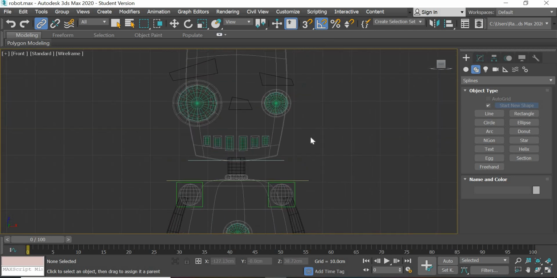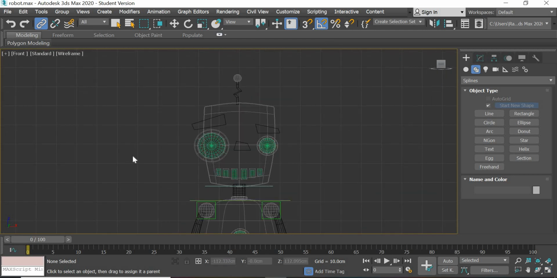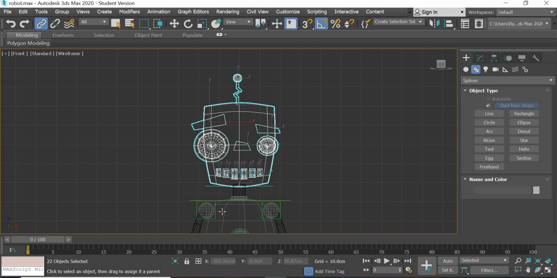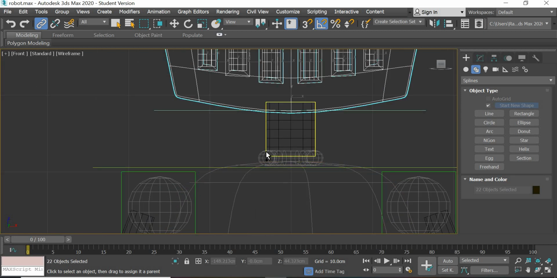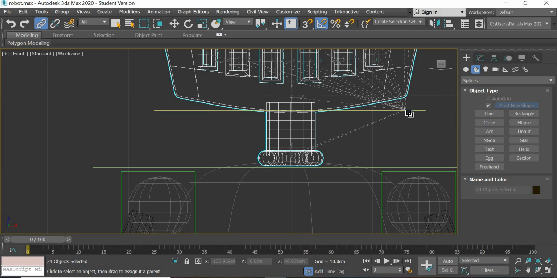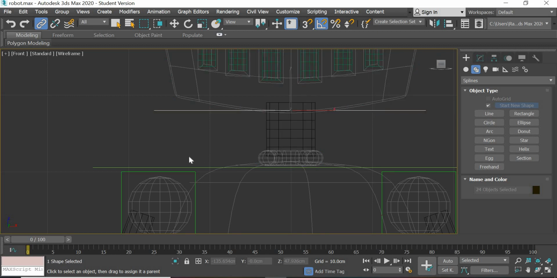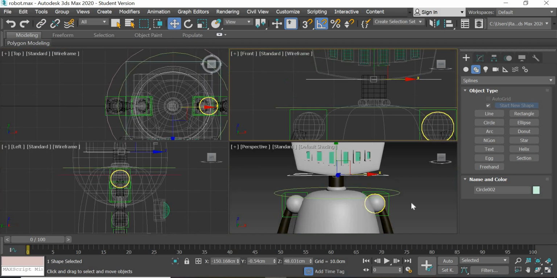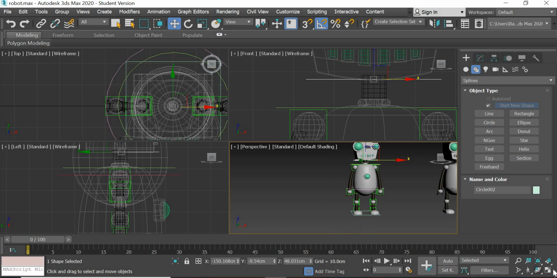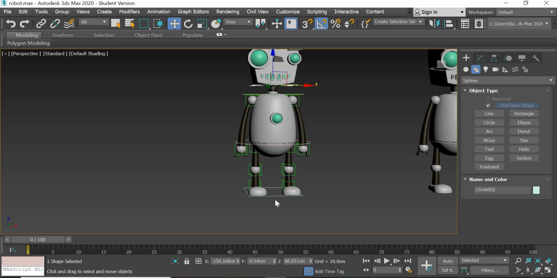Okay, so what I'm going to do is select everything, control select these two, link it to the head, and this can be linked to this. And now everything is connected. You just have to do the same thing on the other side, and I'm pretty sure you should be able to do that. Now if I select this and move,